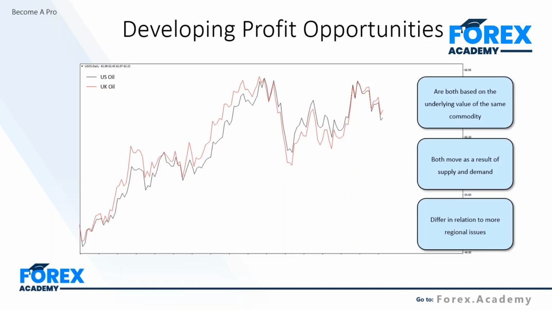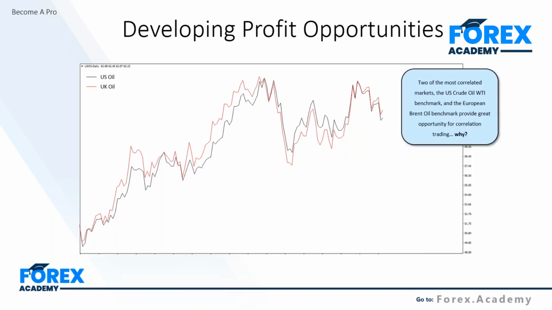So there's some alarm bells going off already. They both differ in relation to more regional issues. So I would imagine this new concept now with Iranian supply is going to have an effect in this particular spread trade, okay? Because of course there is not going to be any Iranian supply entering the US markets, but of course Europe is still holding up their end of the Iran deal, and Iran is still able to do business with Total and Iberdrola and many of these big European oil companies. Okay, so there's going to be something playing out in this market, I would say, over the next few months. And that is a result of different regional issues for these two markets.